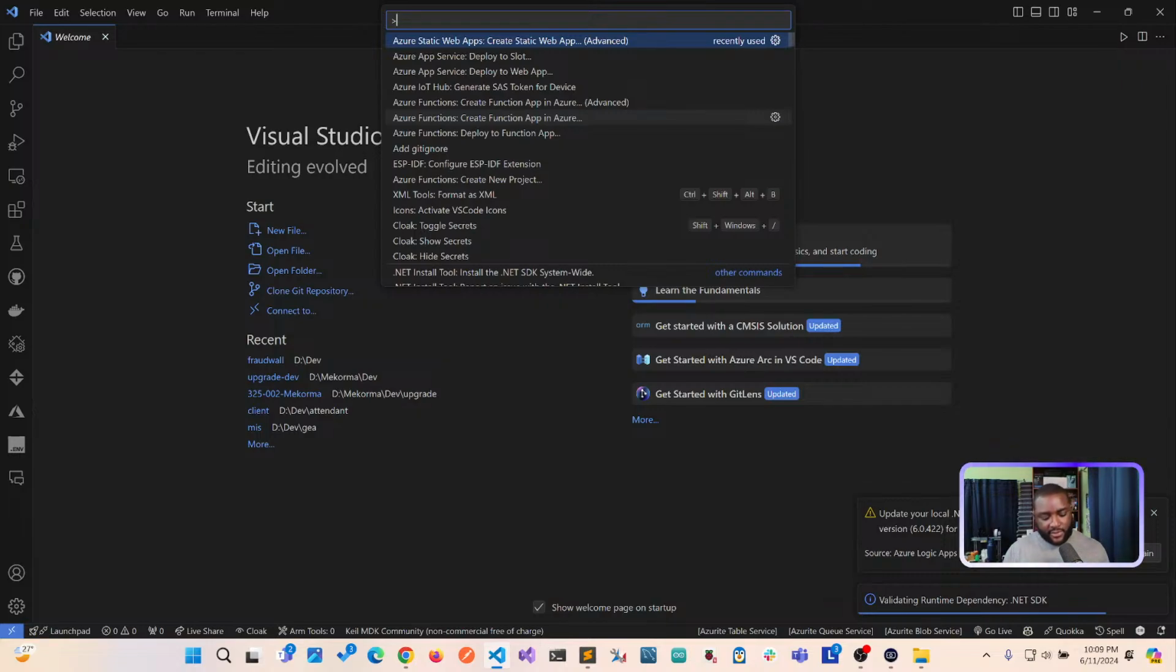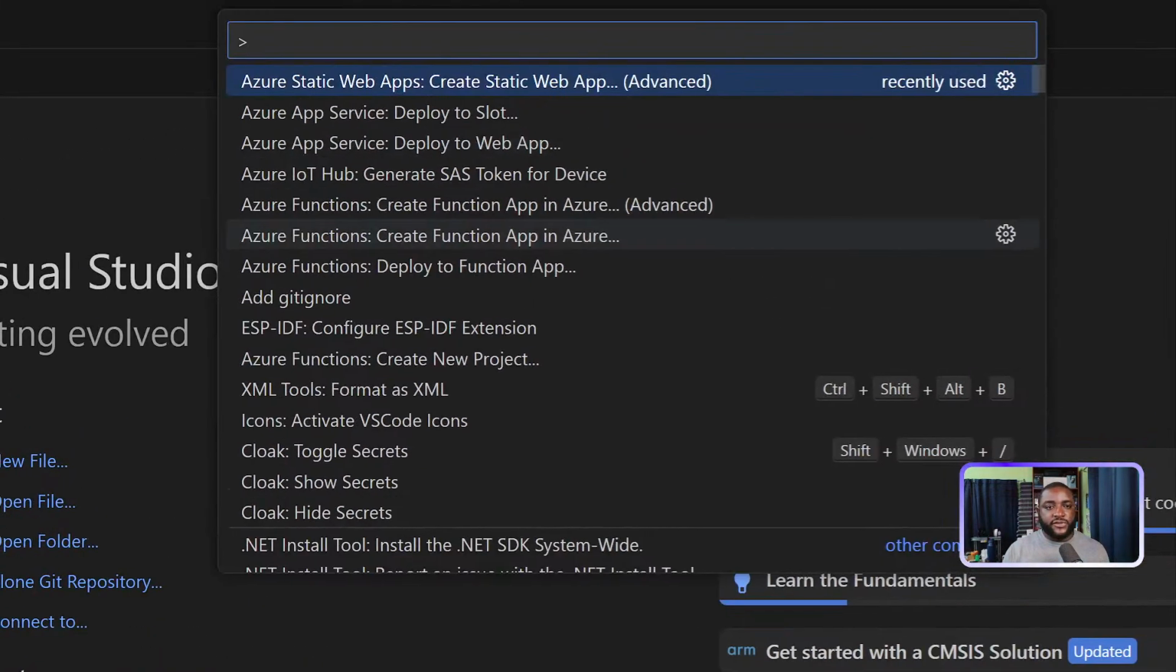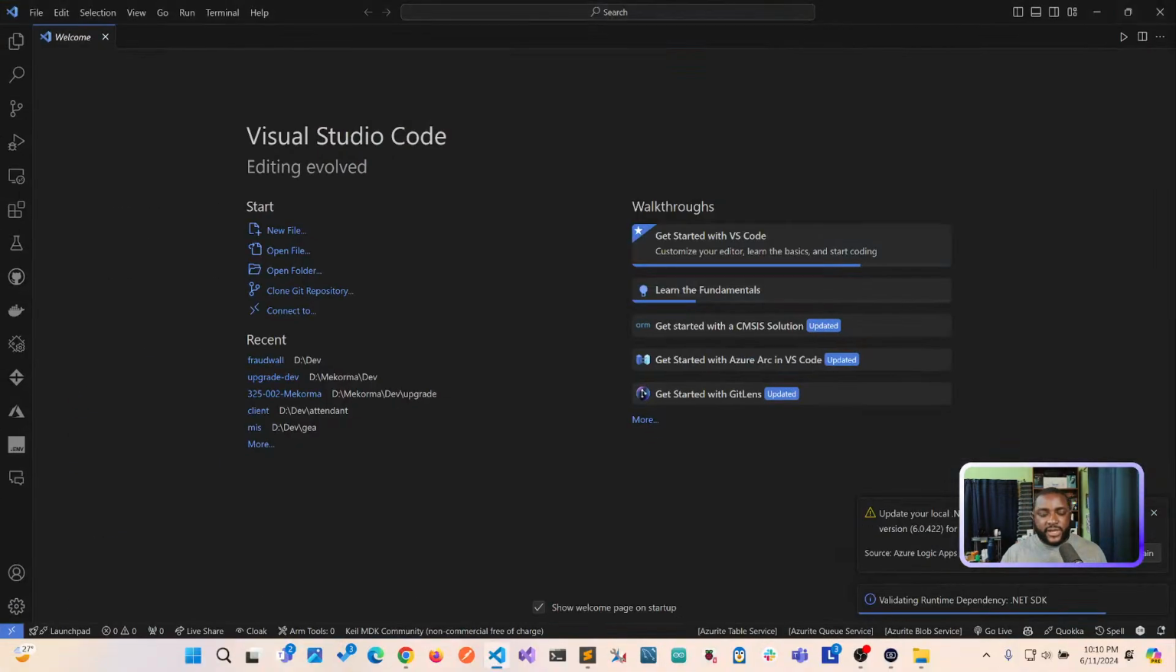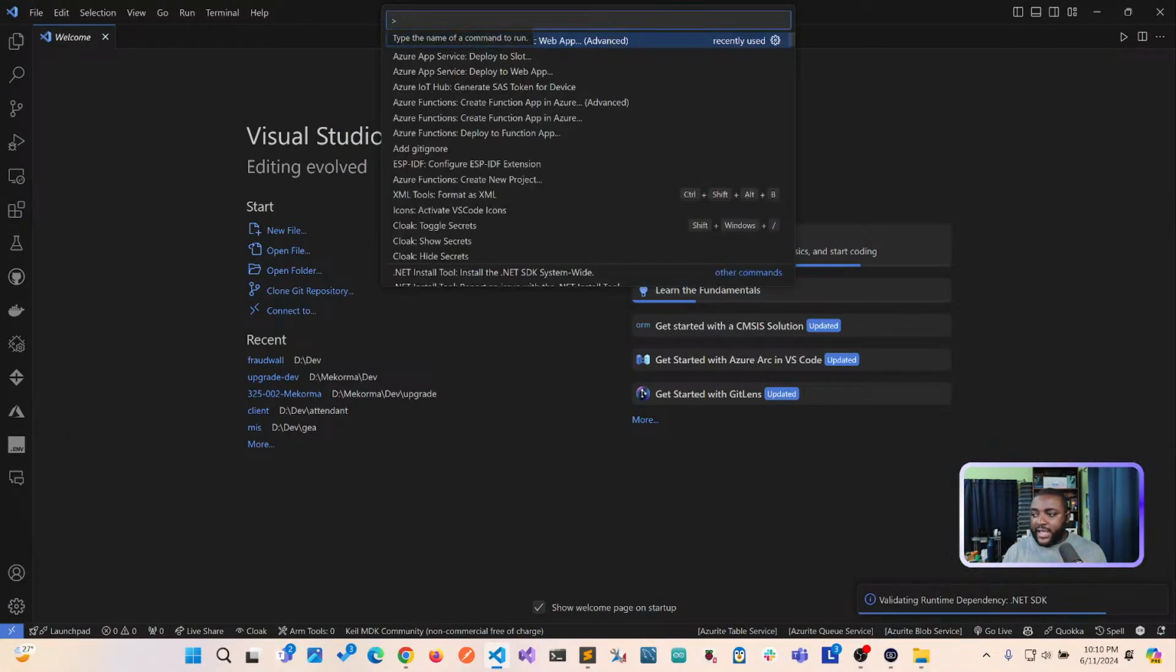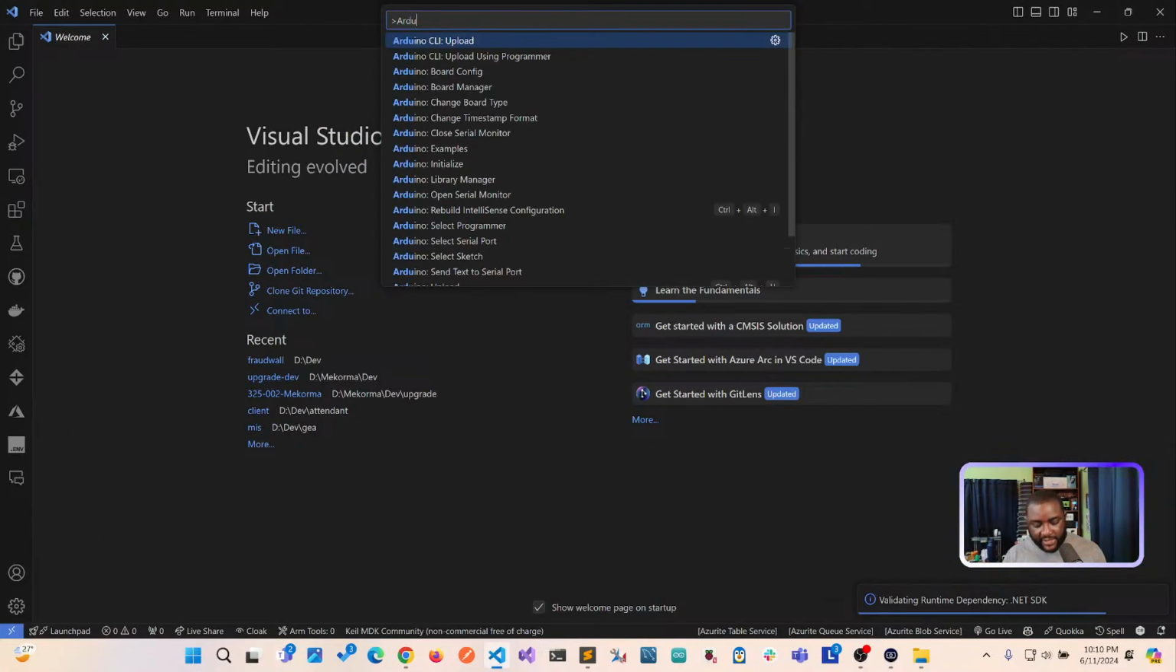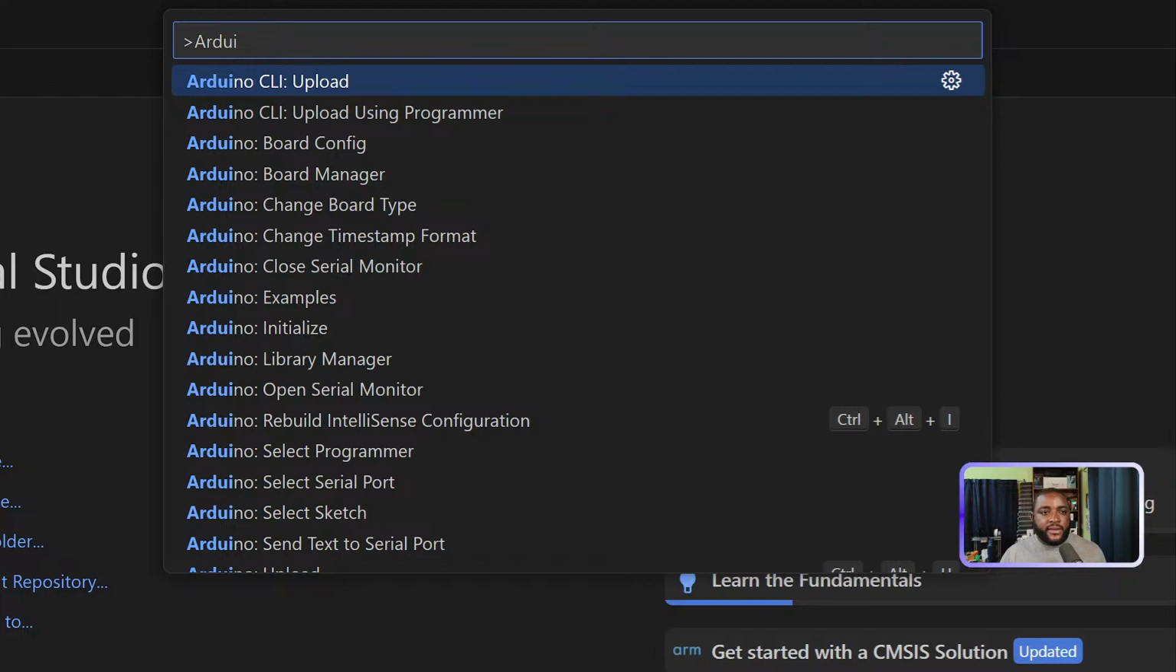So if you do Control-Shift-P on Visual Studio Code, it brings up the command panel, right, and then you can go in and type and look for all the things you've installed and stuff like that. You can do it from here as well. So what I'm going to do is Control-Shift-P, and then here I can start to type Arduino, right, and you can see by so doing it brings up